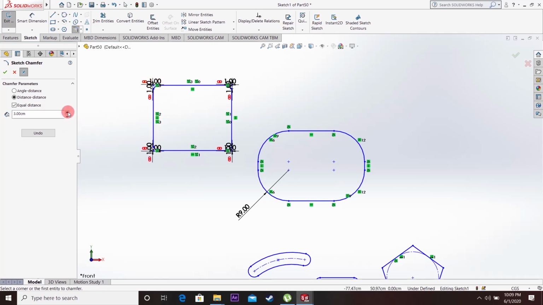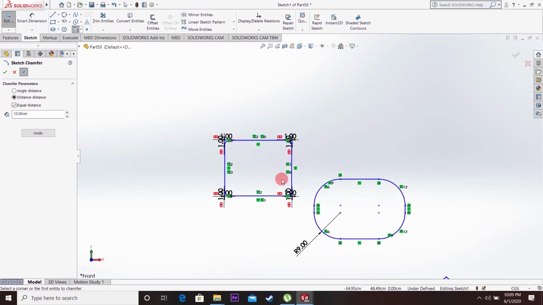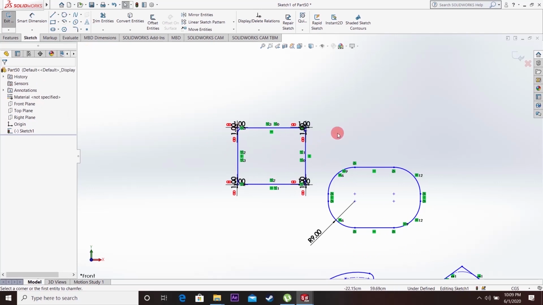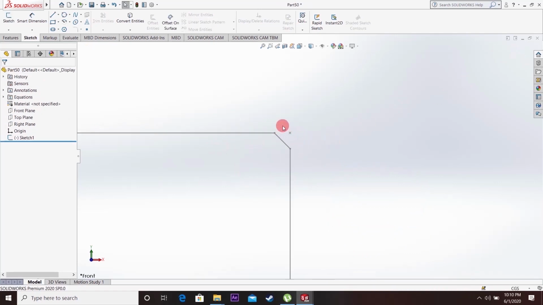Just increase this. So you have got this cut over here, and this is known as the chamfer.